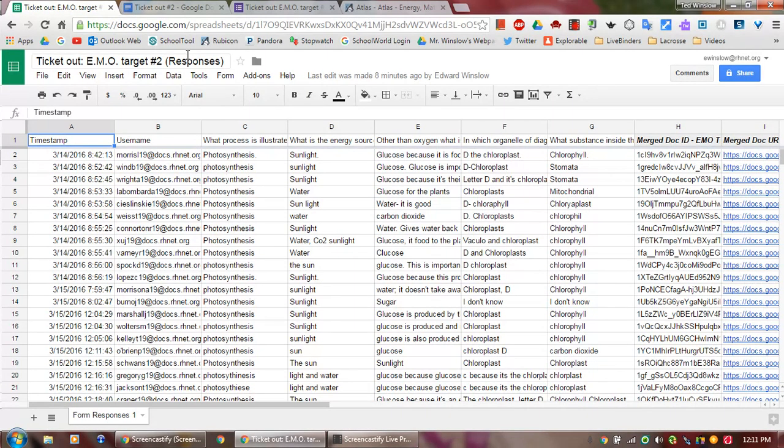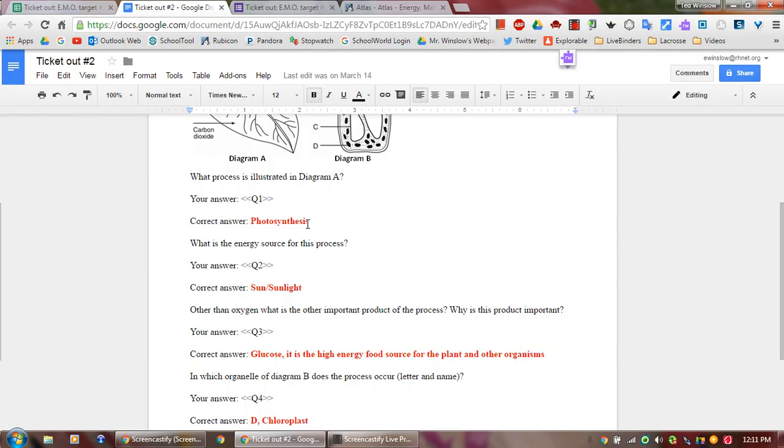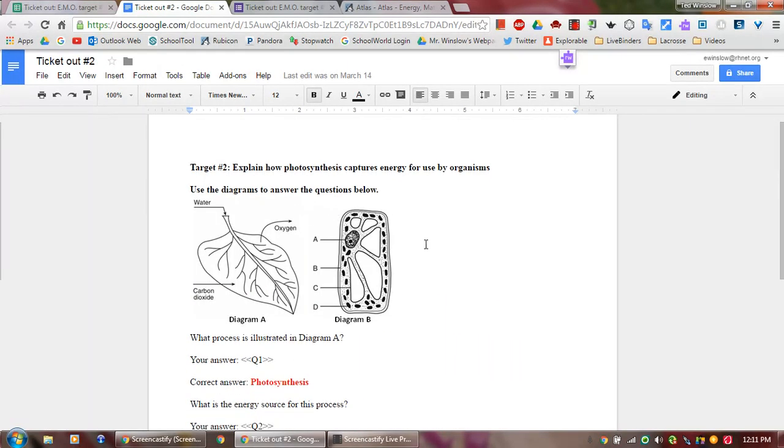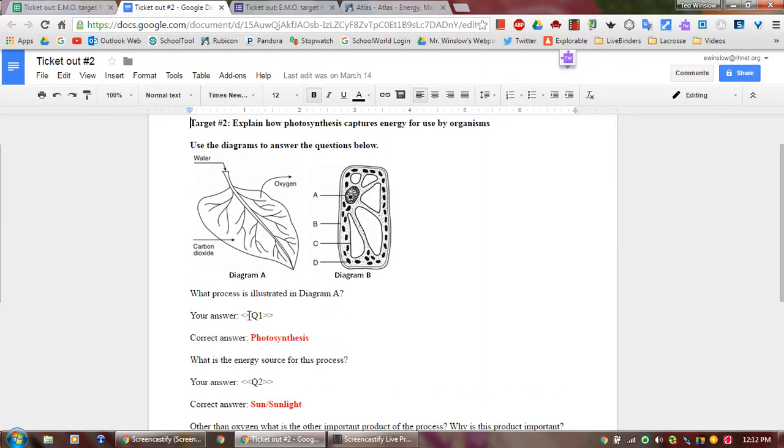The second benefit to this was that I used AutoCrat, an add-on for this, to merge the document and send that back to them. So this is the ticket out as it used to look, except now what I've done is found a way to merge and give them their reply with a quote-unquote correct answer to that. So they're able to compare their learning to kind of the exemplar